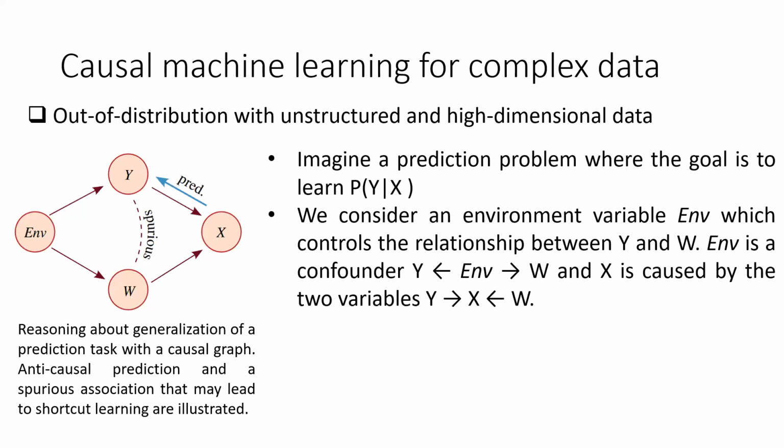Imagine a prediction problem where the goal is to learn the probability of y given x. We consider an environment variable, ENV, which controls the relationships between y and W, and ENV is a confounder between these two variables, and x is caused by the two variables y and W. Firstly,